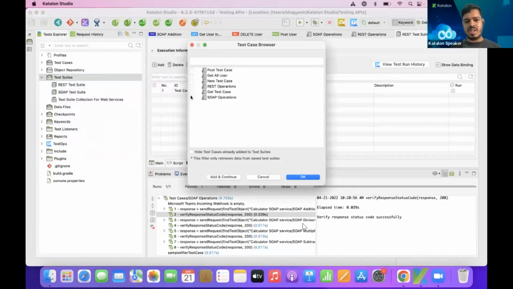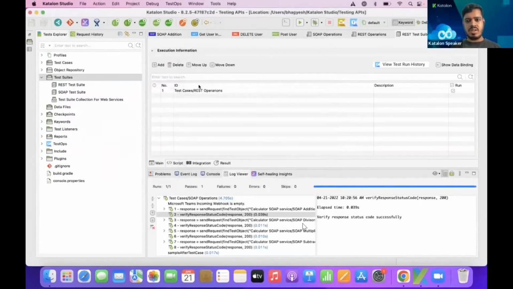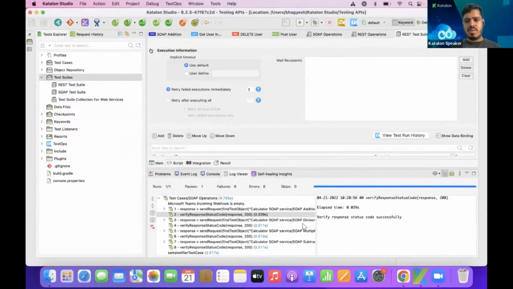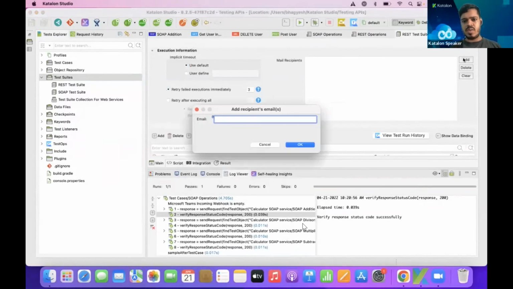So it shows me all the test cases that are present in this project. And I can add these test cases by clicking this box in the test suite. I already added one test case in here. And let's say I want to email the reports after the completion of the execution. What I could do is specify the mail recipients section. In the mail recipient section, I can specify my email address, and towards the end, I would be getting a